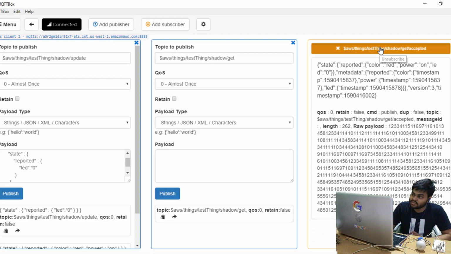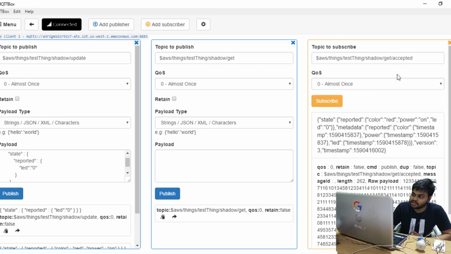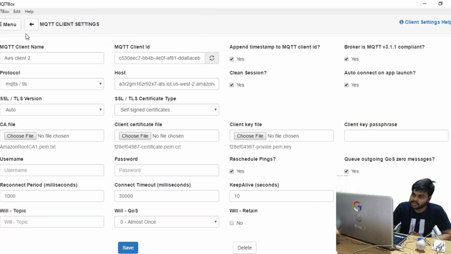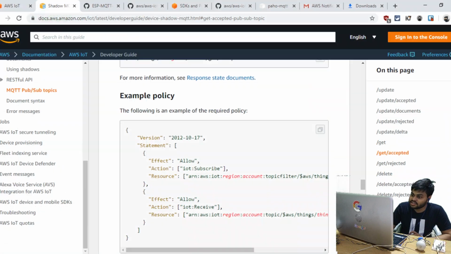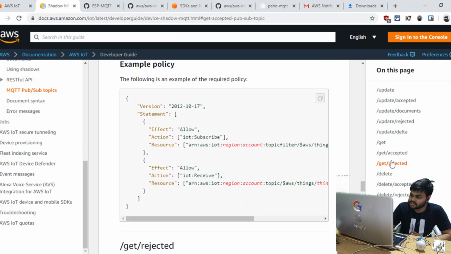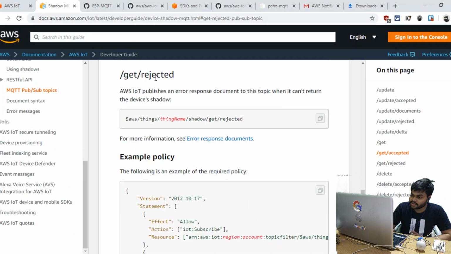If some error occurred, if the authentication fails, if anything like the certificates doesn't match in this process, we will receive an error message on this topic, get rejected. If you are working on a Node.js project, you will know that we have a try and catch block.